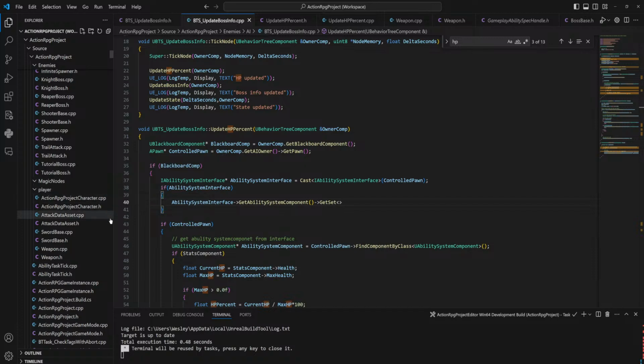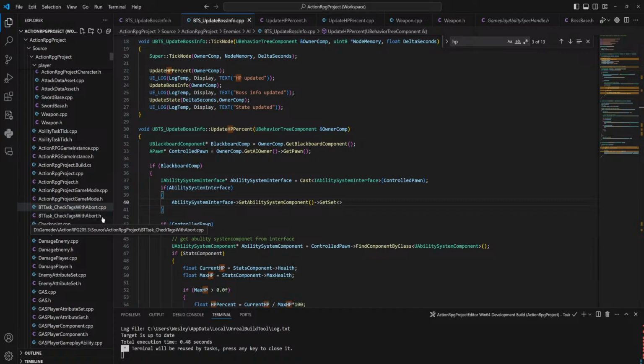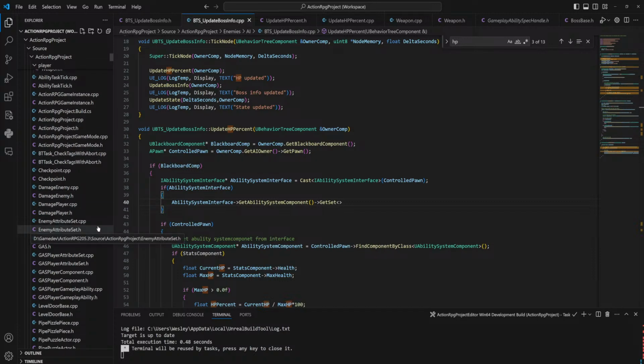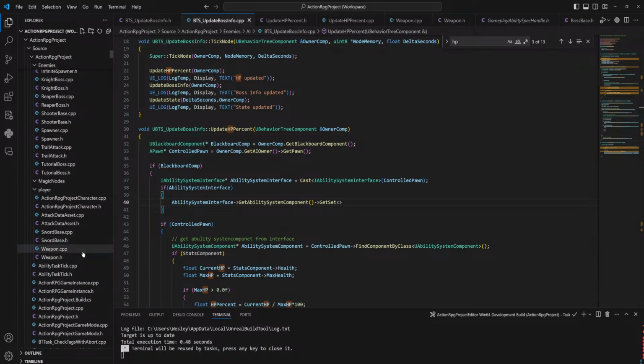Everything else works in Blueprint. You can make a multiplayer application in Blueprint. As a matter of fact, it's actually easier in Blueprint, as many things are. Okay, so GAS player attribute sets. Oh, it's probably in the enemy's folder then.